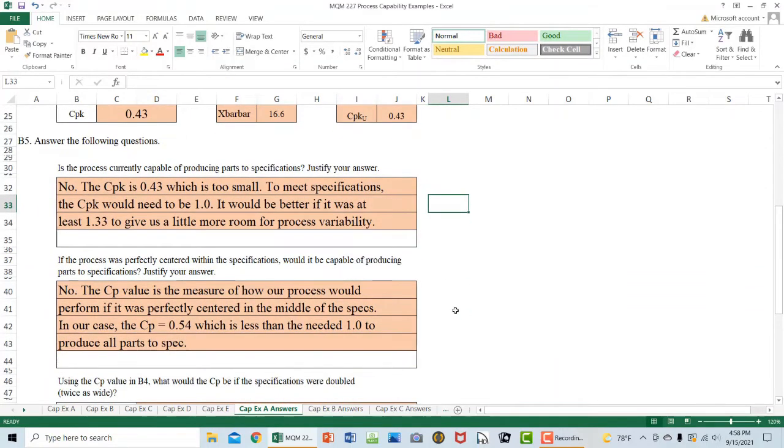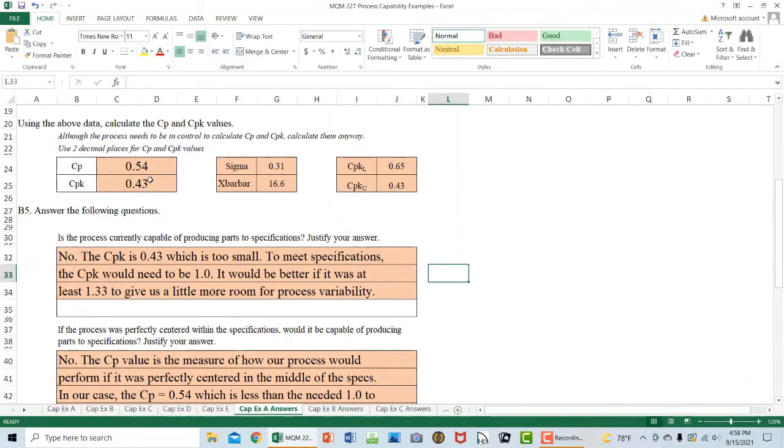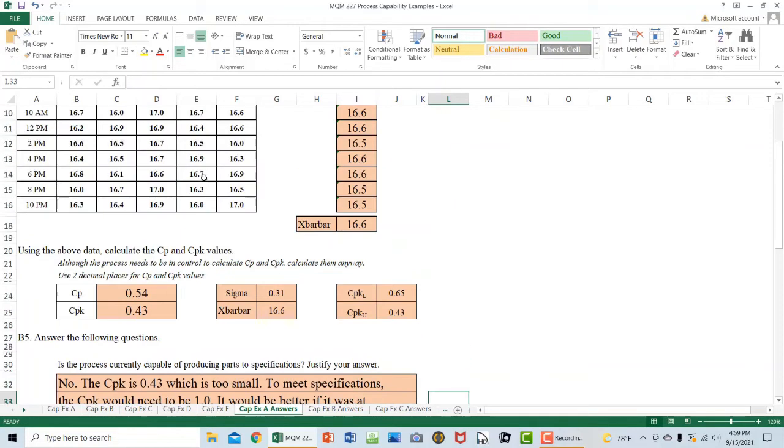Next question is, if the process was perfectly centered within the specifications, would it be capable, statistically, of producing parts to specifications? And as soon as we hear this word, if the process is perfectly centered within the specifications, if you take the CPK and you center it perfectly at